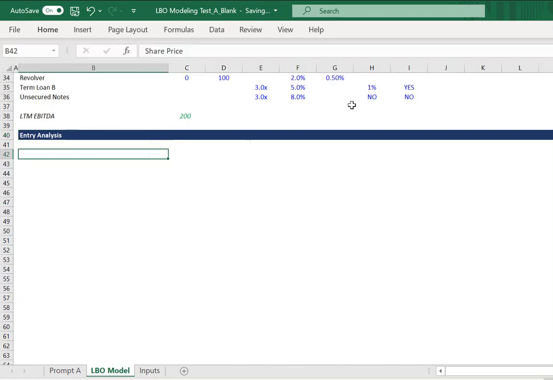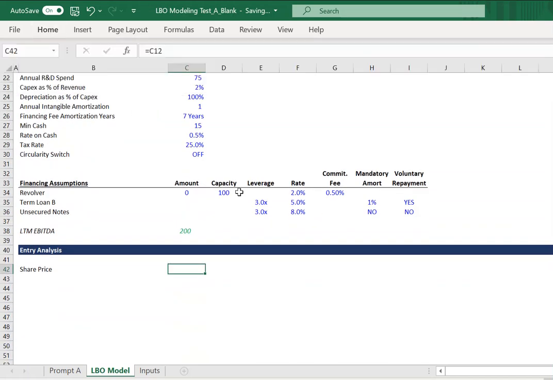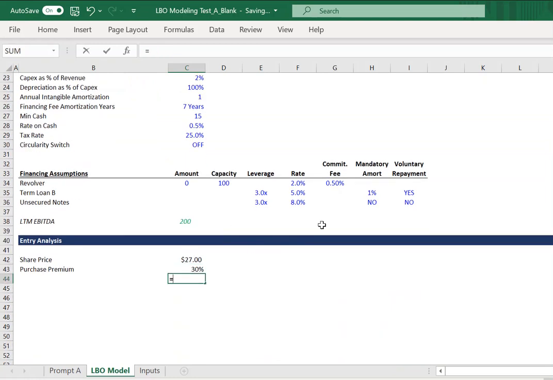All right, so let's go ahead and take our share price and link it up to share price here. And then the purchase premium, which we're also going to link up to our assumptions, 30%. And so our purchase share price is going to be 30% higher than 27, or 35.1. What we're going to want to multiply that by is our FDSO, our fully diluted shares outstanding, which we're going to need to calculate